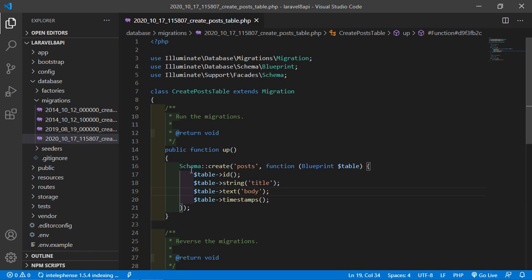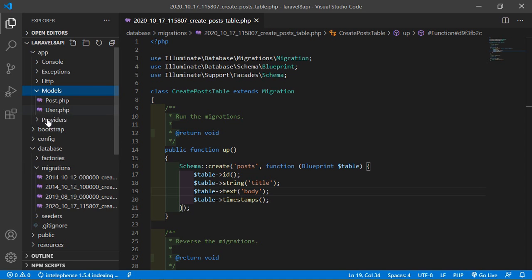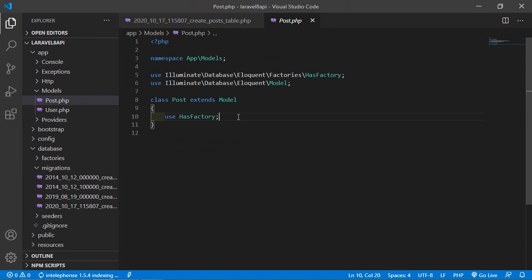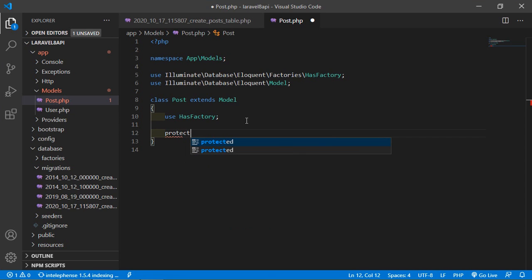Now just open the Post model. So just go inside the app directory, then Models, and from here just open the Post.php file and here just write the table name. So just write here protected $table is equal to the table name which is posts. Also add the fillable columns.